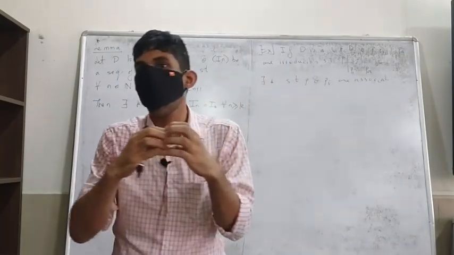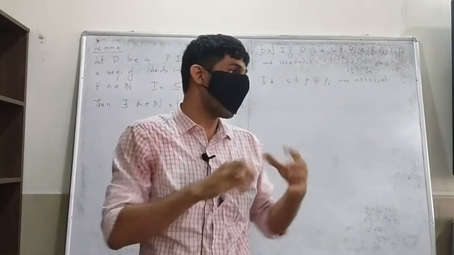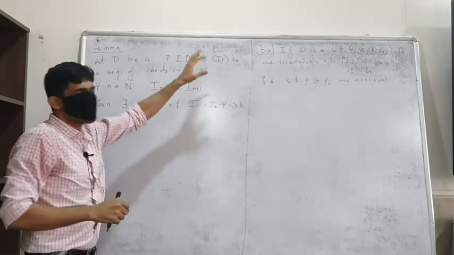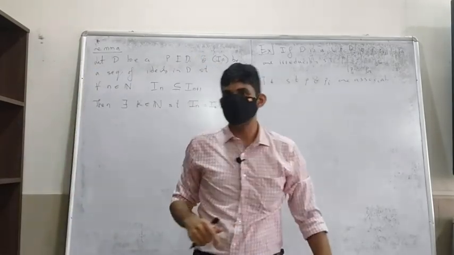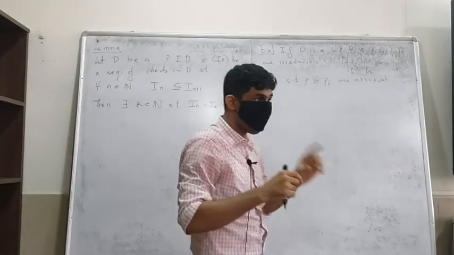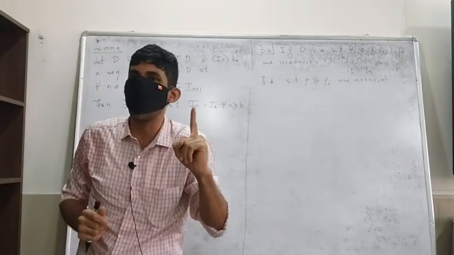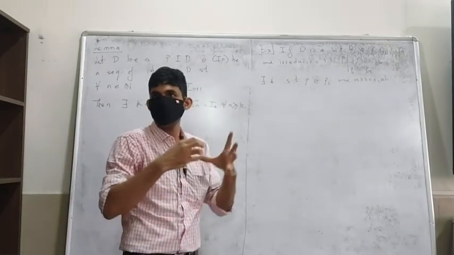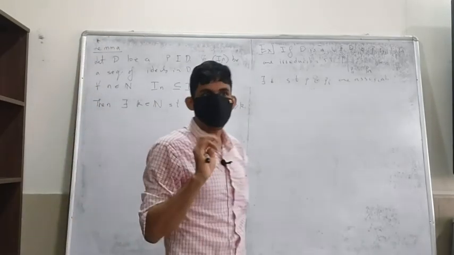You can't have infinitely many ideals which are strictly contained in each other. It's actually very easy to observe. What you do is you look at the union of all such ideals. The union of ideals is an ideal only when they're contained in each other. This is not generally true. The union of two ideals need not be an ideal, but if they are contained in each other, then it does become an ideal.